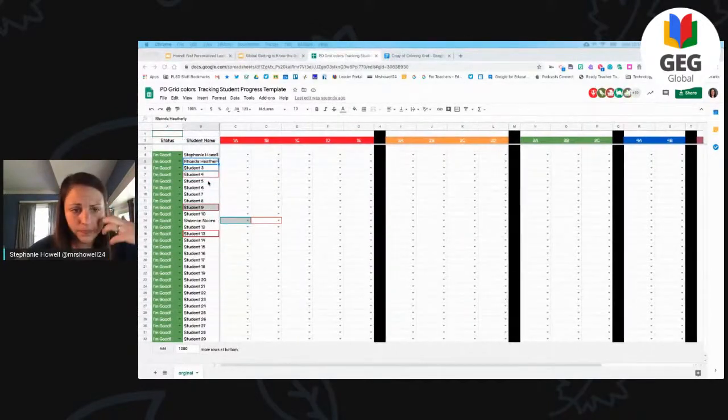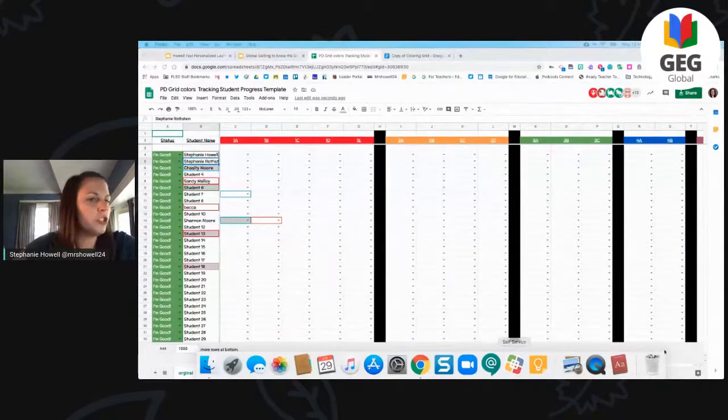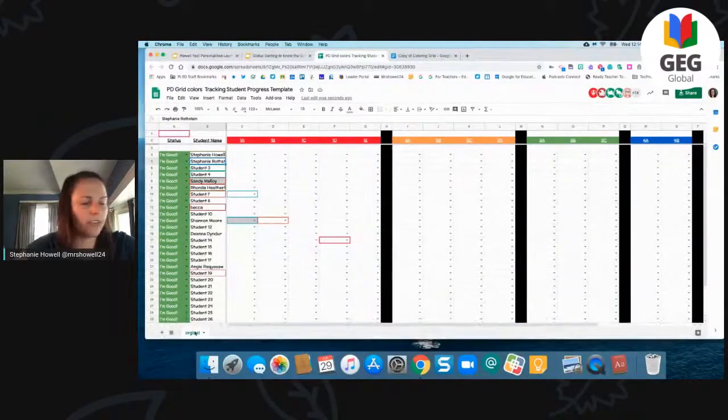onto this grid. And they usually will, at the bottom, you know how there's different tabs down here? I know it's kind of hard to see. So mine says original at the bottom. What my teachers normally do is they will duplicate where it says original. Let me try to. And then they'll do their different classes. So they'll have all their classes in one big spreadsheet, but then they can just toggle between class 1 and